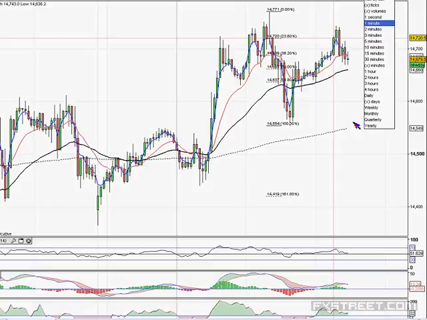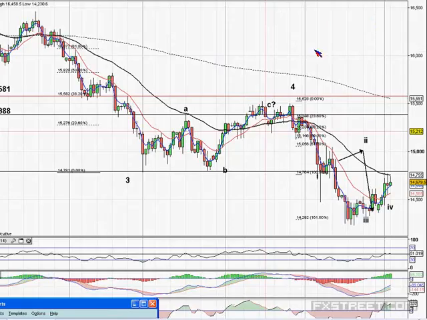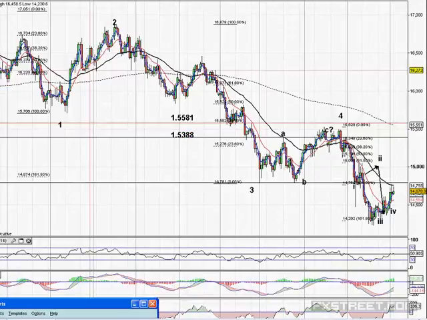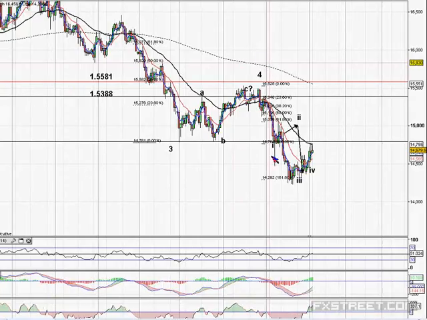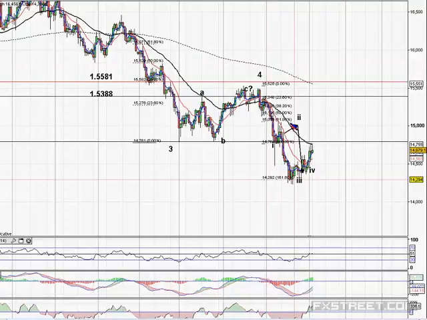I'll start. So again here, big picture. 1, 2, 3, 4. Nice ABC retracement between 23.6 and 38.2. This is our 5th wave. We're in the 5th wave now. I think this is 1, small up to 2, 3, and 4. I know that we've got that spike lower there,